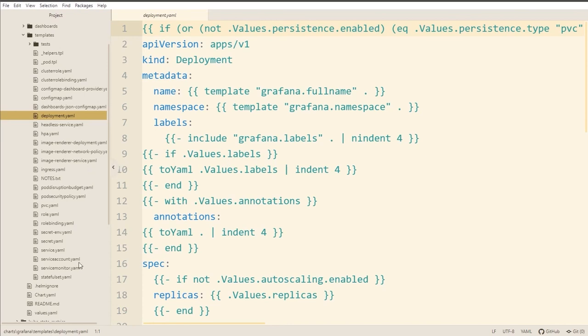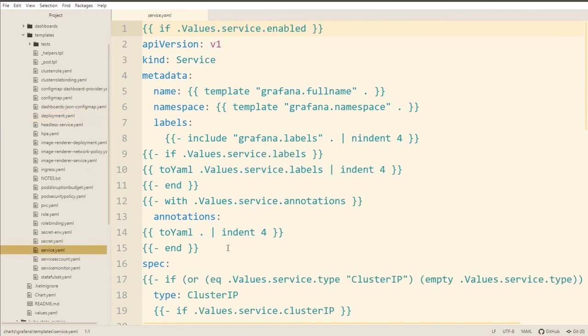But just to close this video, I want to go back to, do you remember much earlier in the course where we wanted to override the node port for Grafana? And we couldn't find that in the values.yaml file. And I had to show you the user guide. They actually told us the field we needed to change. But we were just lucky in that case.